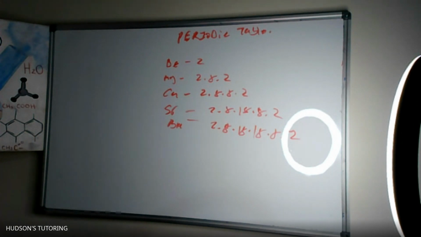Another trend is that the oxides and the hydroxides are basic. So hydroxides of metals are normally basic, while the hydroxides of non-metals are normally acidic. When we start doing acids and bases, if we do it tonight, then you'll see about that. Next trend: the solubility of the oxides and the hydroxides increases going down the group,